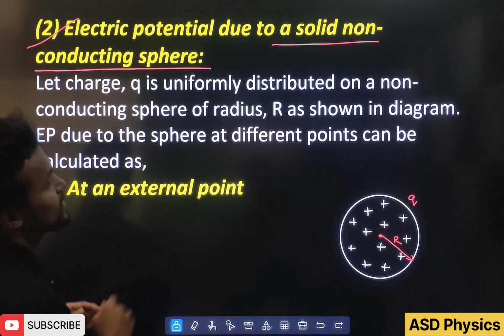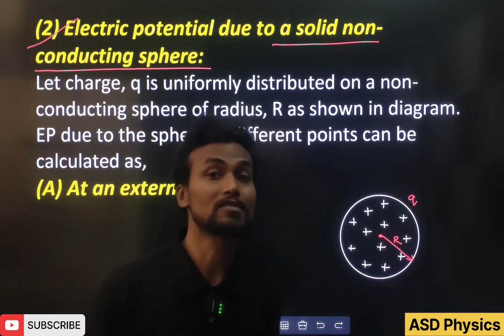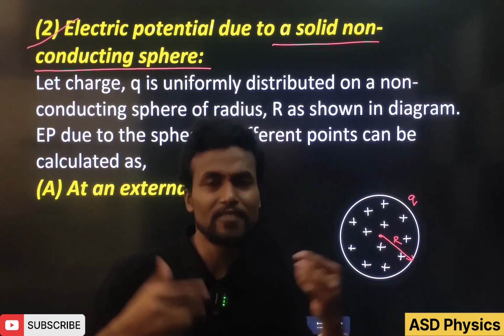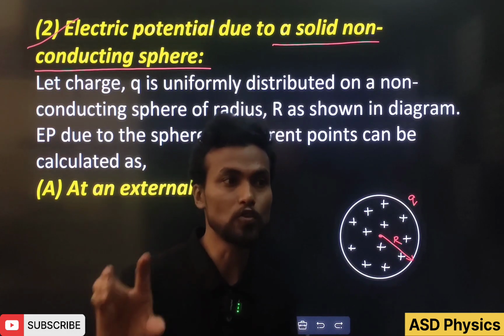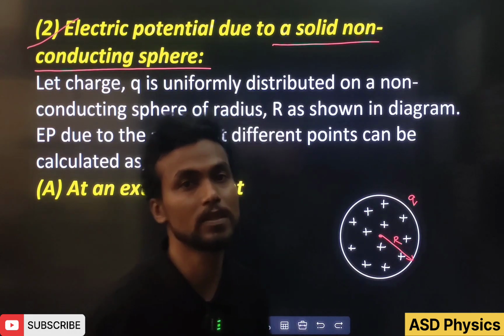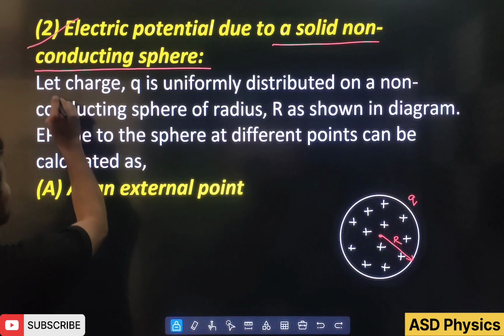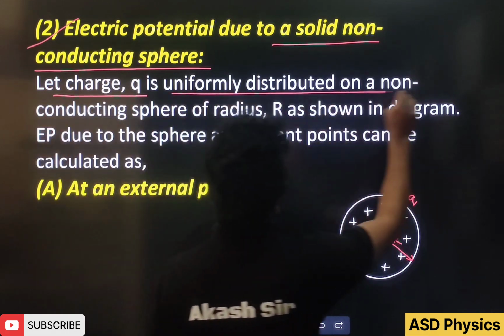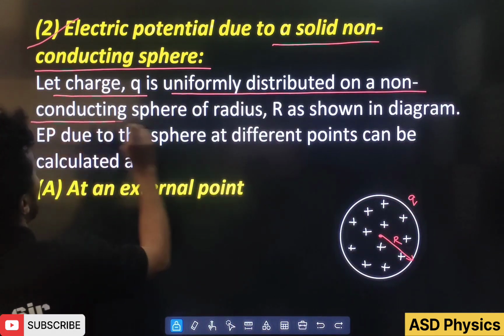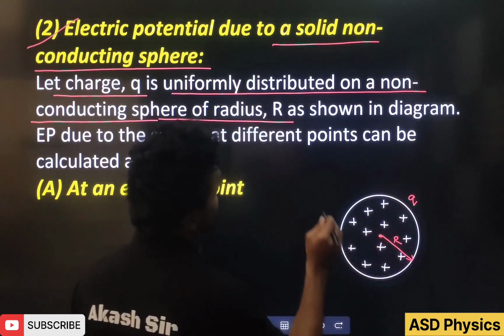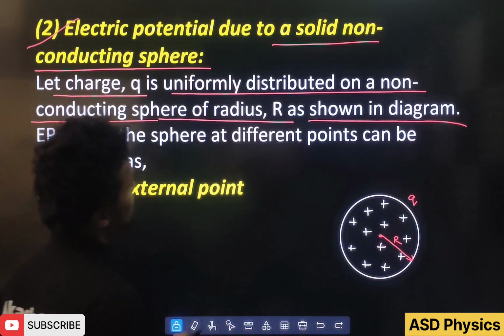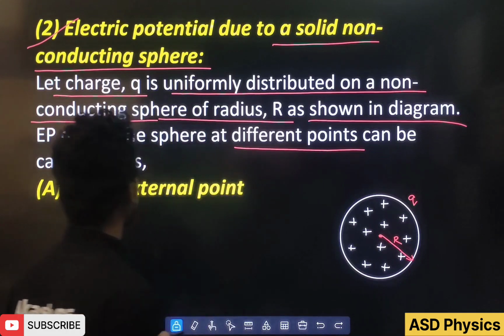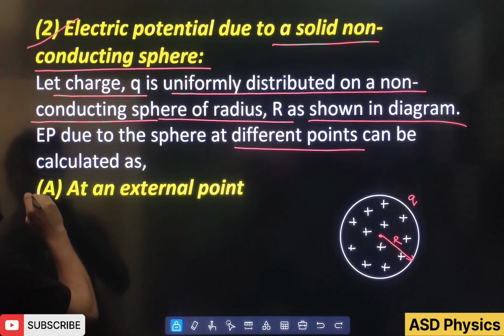So students, now in this video we are going to calculate the potential at different points: outside, on the surface, and inside, and you will see that, magically, outside and on the surface the potential will be the same. So see here, let charge Q be uniformly distributed on a non-conducting sphere of radius R, as shown in the diagram. The electric potential due to the sphere at different points can be calculated as follows. So first we are going to see